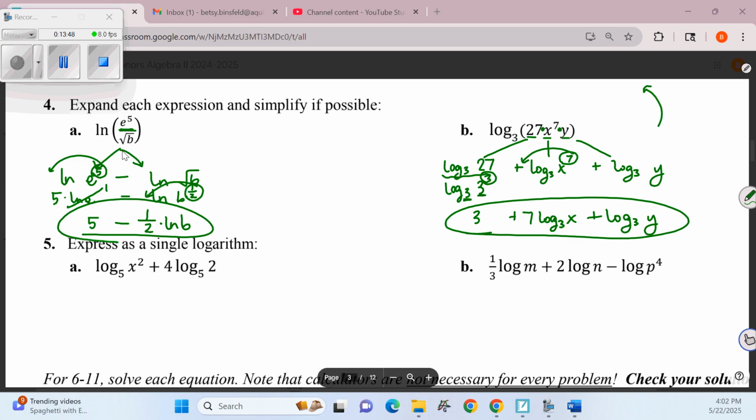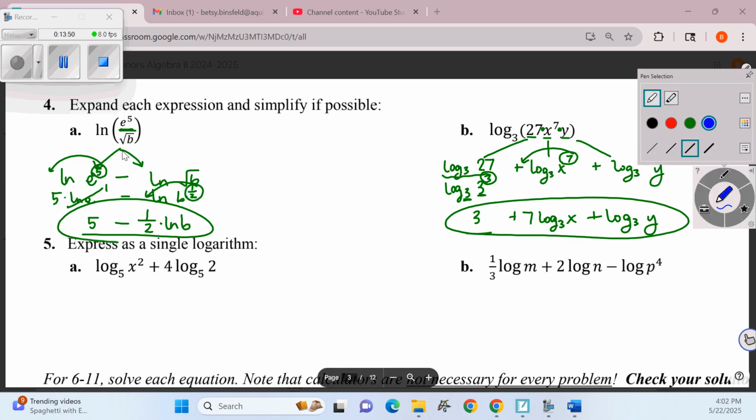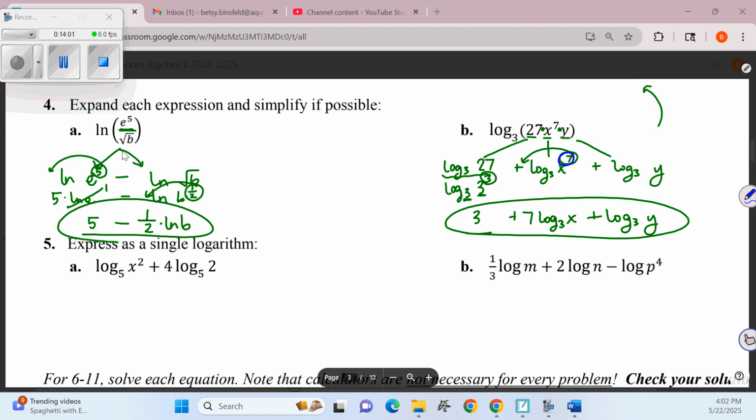So to reverse this process, I'll get a different color, but try to fit this all in on the screen. To reverse this process in part 5, we want to put these things back together. If the very last thing we did over here was bring this 7 down front, then that should be the very first thing we do when we're reversing. So it looks like this exponent is already up in the exponent position, but this 4 should go back up in the exponent position. So this is log base 5 of x squared plus log base 5 of 2 to